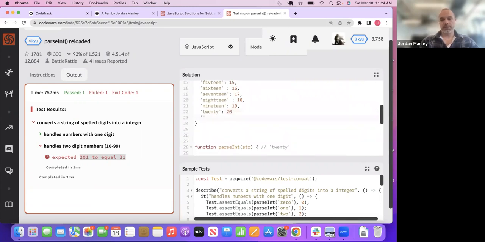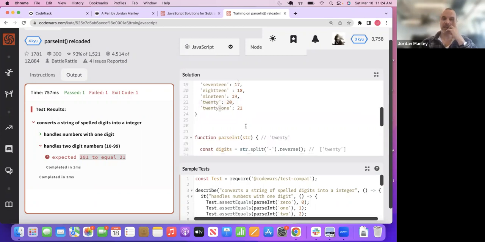Don't know. Don't see it yet. Of course, we can do something like this, but that just won't do. We can't do this for every number. That is no way to live. That doesn't seem good. We could check the length. We say, hey, if the length is this, then go here. Otherwise,